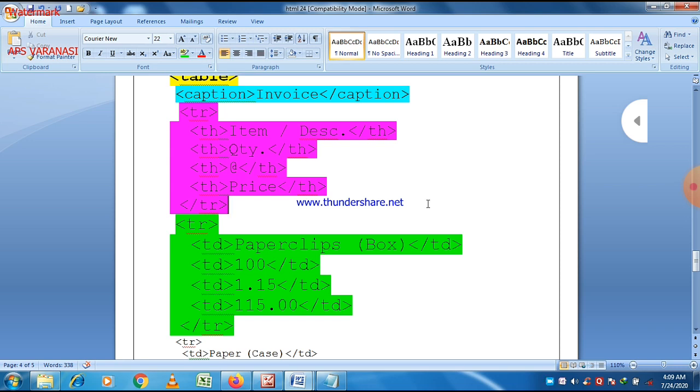It is good practice, when you declare a table, to write a table heading for each column, and the headings are item, quantity, at the rate, and price.